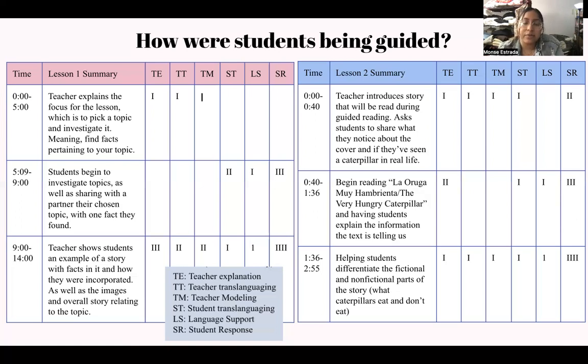And then lesson two was when I worked with one of my guided reading groups and we read The Very Hungry Caterpillar together. And this was just to help them understand what a solid example looked like physically. What did it look like? What kind of characters were in the story? How were the facts laid out? Because it really is a book that might seem like it doesn't teach much, but in the end, we talked about how The Very Hungry Caterpillar had fictional and non-fictional parts to it.